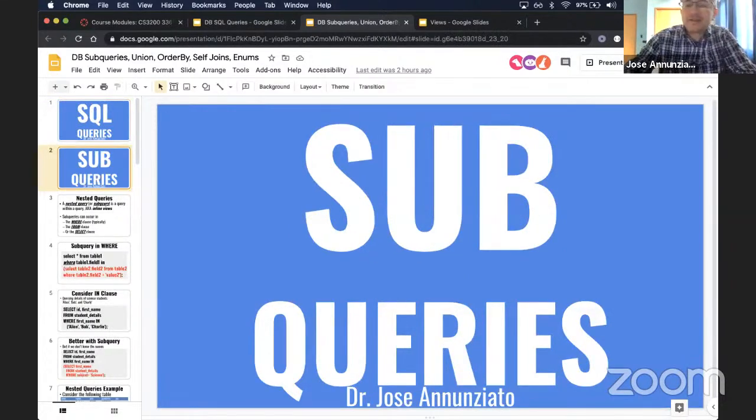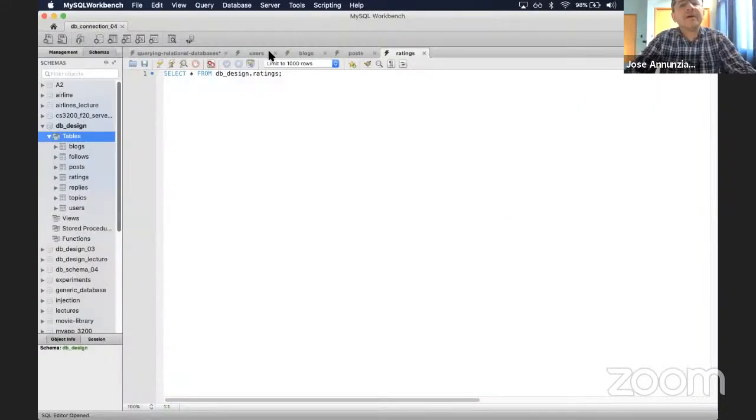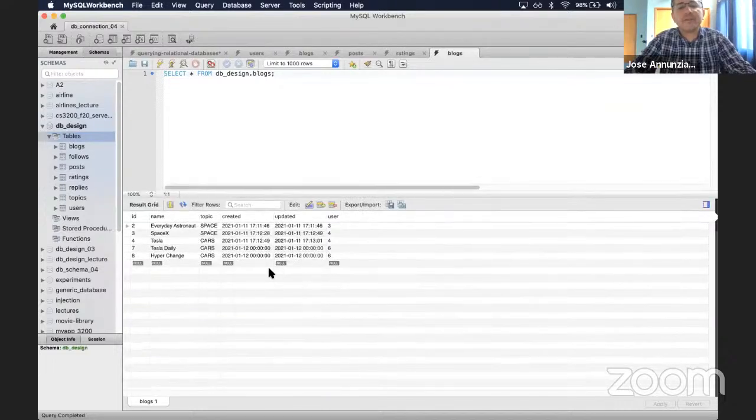All right, so let's talk about subqueries. All the queries that we've looked at up to this point are just at the top level of the query engine. But you'll notice that when you do a query, the results that come back from the database look remarkably similar to what a table looks like. Well, obviously this is a table, that is the content of the table for the blogs. Yes. But if you do a query,